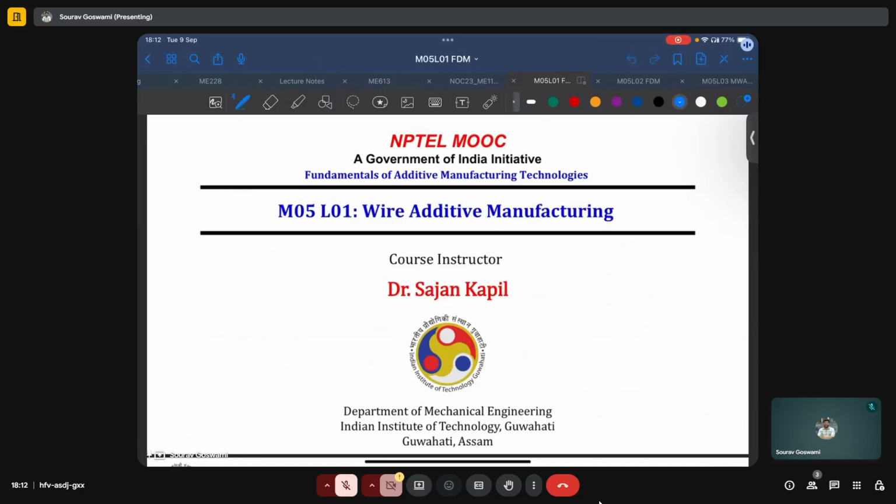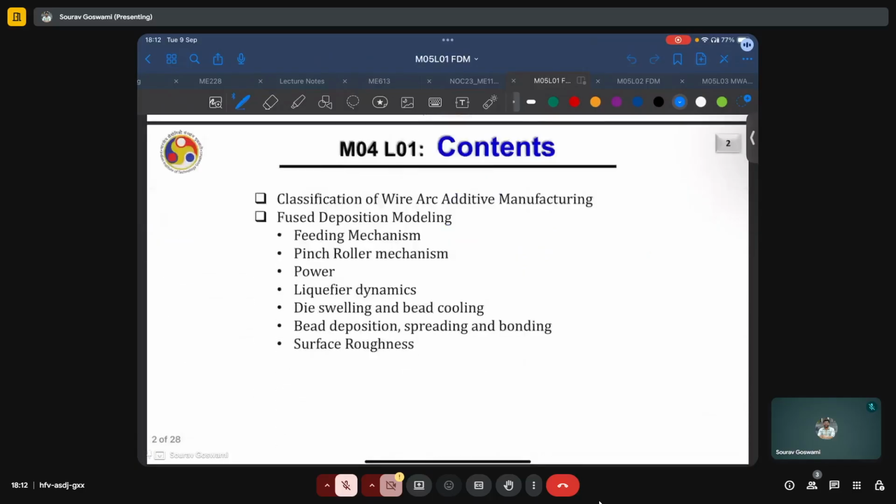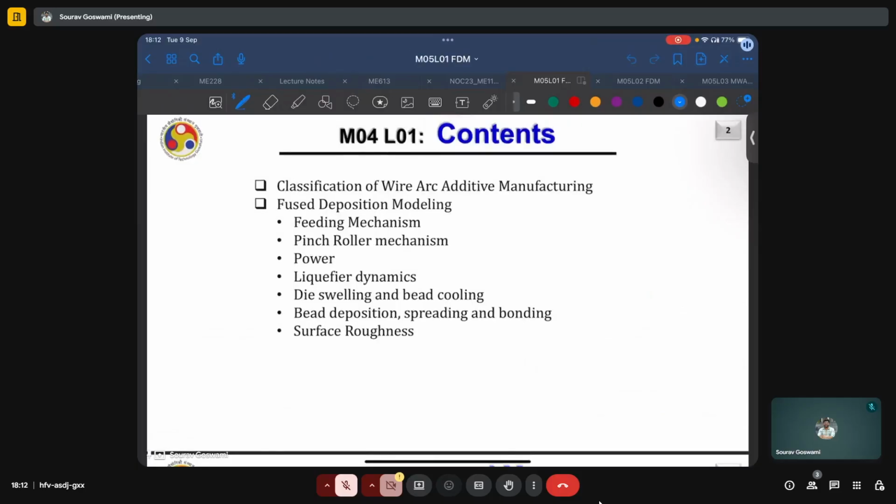This week we'll be looking at wire additive manufacturing, which is also an area in which I myself am working. And among the wire additive manufacturing processes, we'll be looking at the classification of such processes, and we'll be going into some depth of the fused deposition modeling